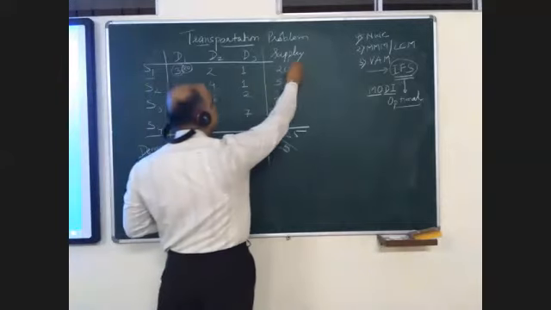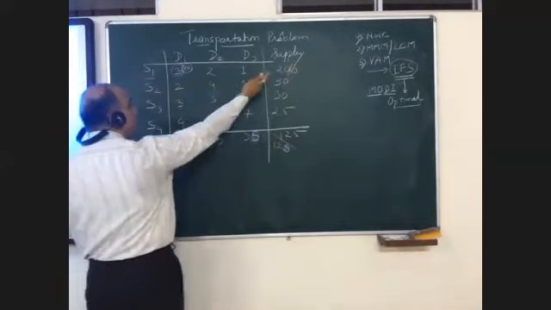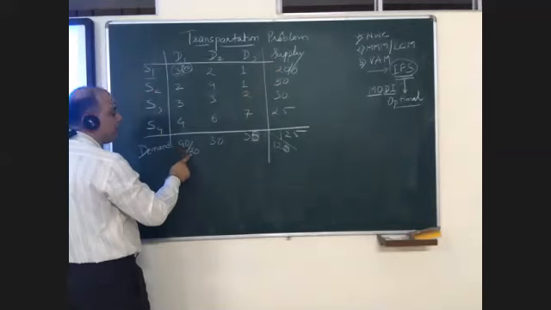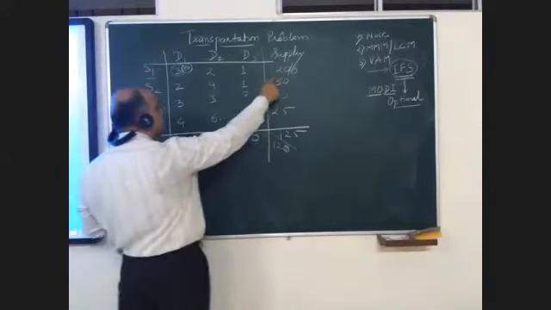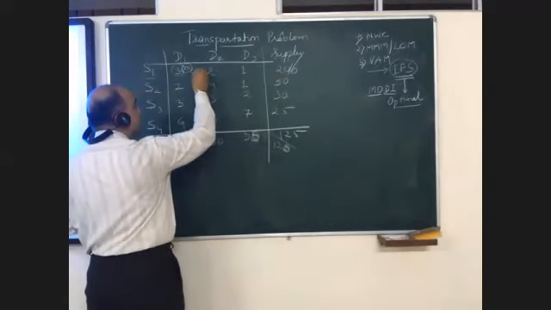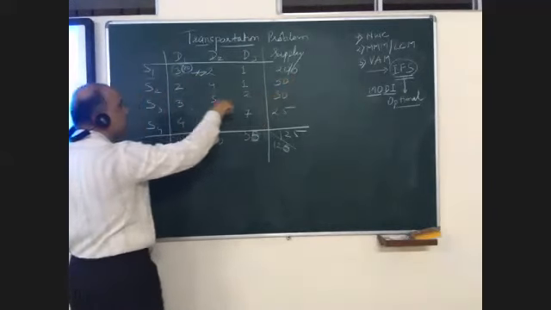Is it clear? See, once again I tell you, I have allocated this supply quantity here because I can supply only 20 and demanded is 40. So I am left with 20 and this supply is exhausted. So I cannot move this side. True? Why? Because the supply is 0.